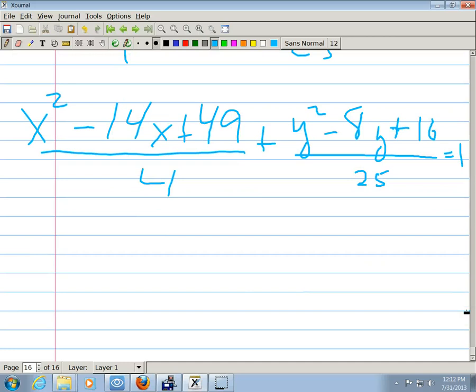How do I get rid of that? I shouldn't have any fractions. Multiply through by the common denominator, which is 100. All right, so multiply everything by 100. I get